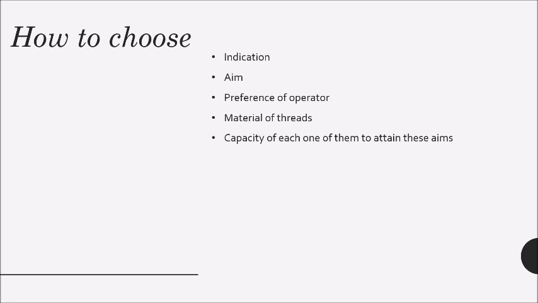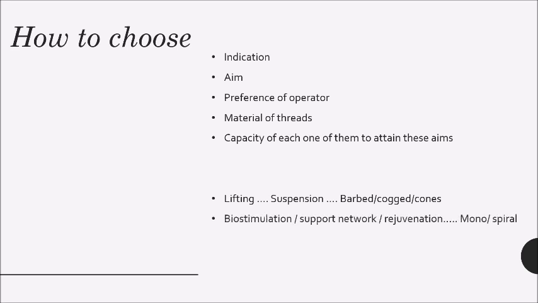It matters. What does matter? Indication, aim, what is the preference of the operator, what is the material of the thread which has to be chosen, and what is the capacity of each one of them to attain these aims. Combining them all, we can say that if you want lifting or suspension, you need morphologically barbed cog threads or cone threads. But if you need biostimulation or support network or rejuvenation, you definitely need mono or